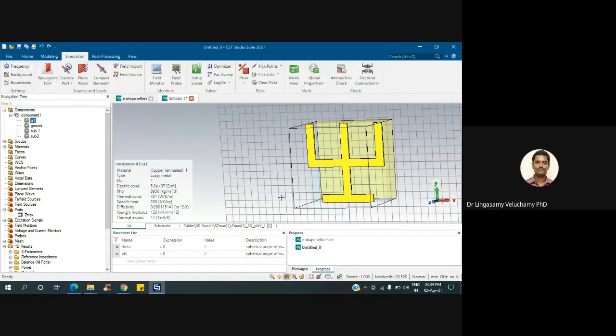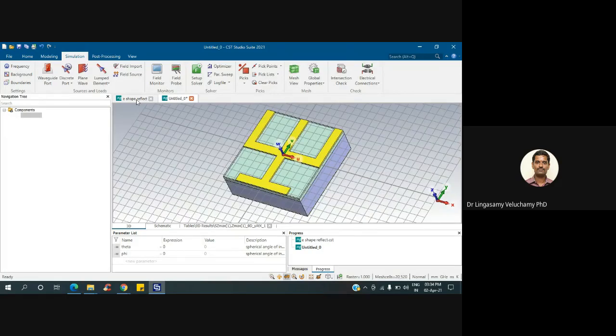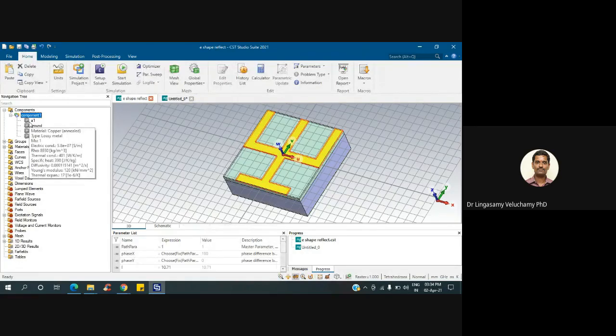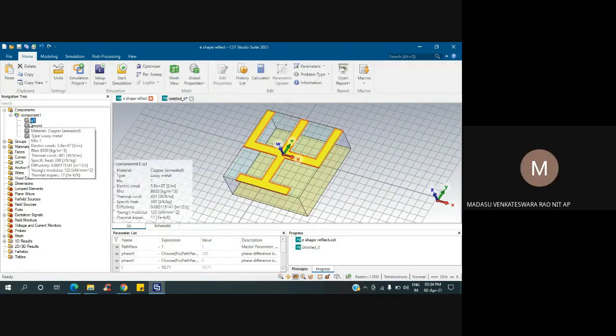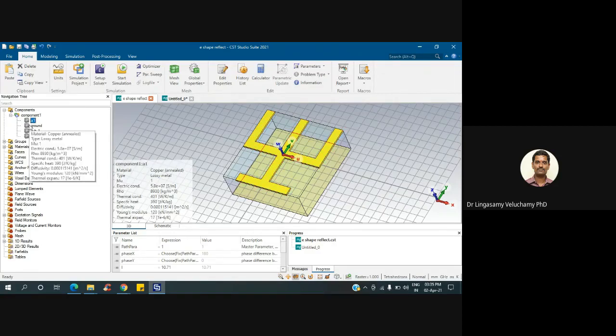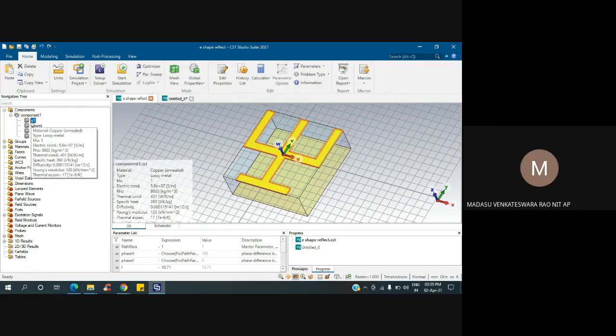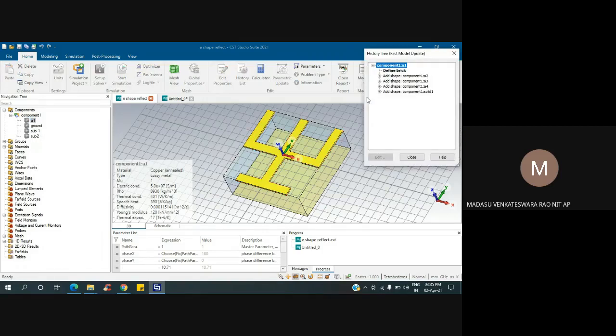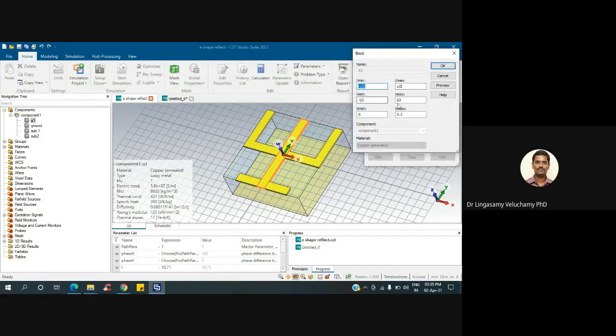Can you go to that other structure, other file? You have not defined it. L parameter is there, right? Path parameter, something. Can you come down? Can you click on that? Double click. Define brick. Can you go to that first brick? Length. Double click on that. Define brick. C by 2 is there, right?